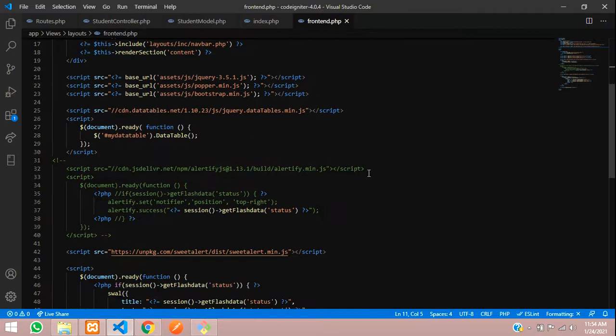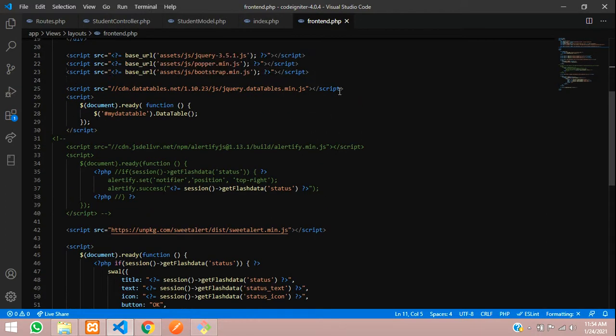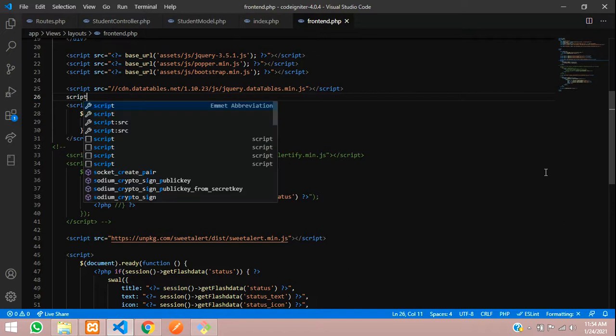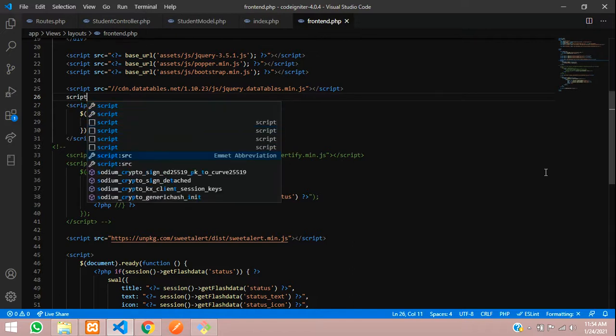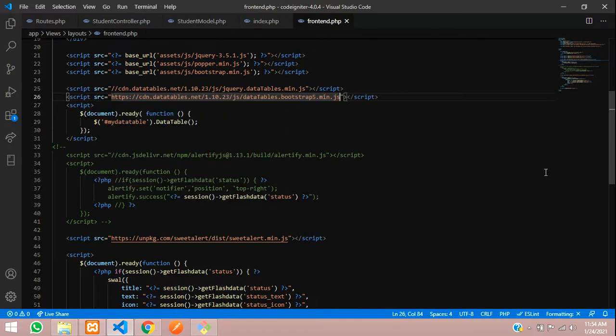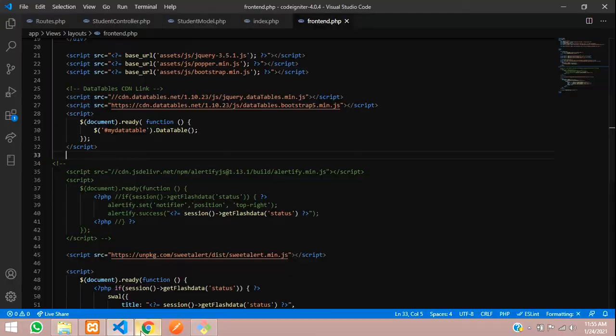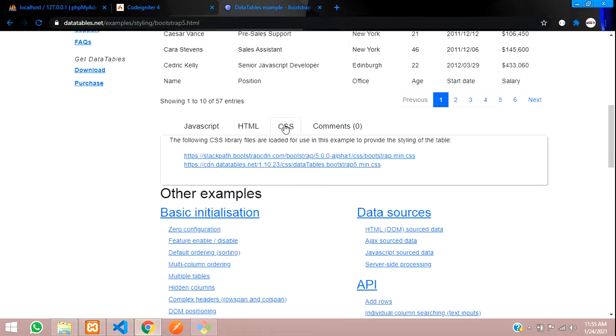Here it is, the data tables bootstrap script. Let me paste that in src. This is called the data tables CDN link. Save this.